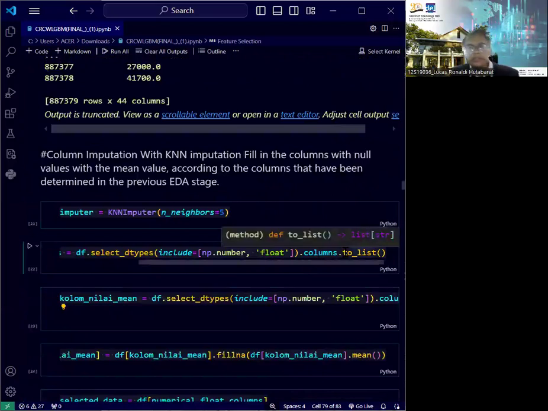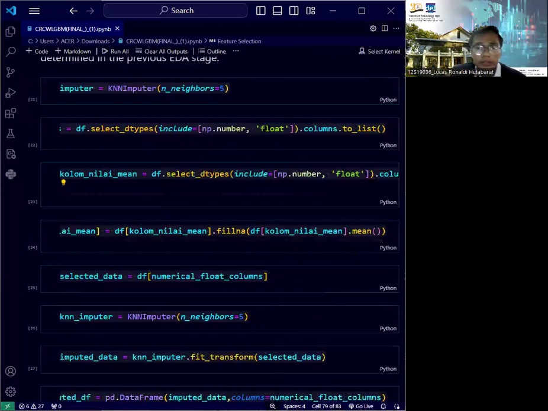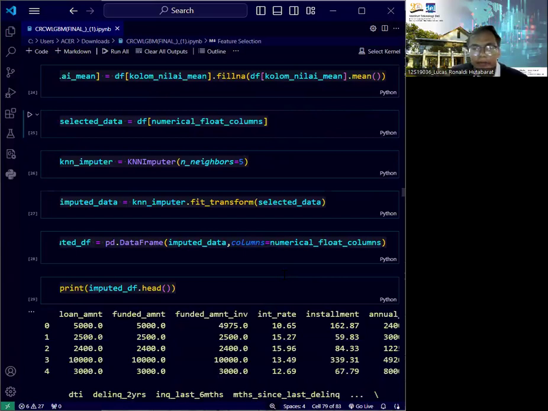Next, we impute missing values using KNN imputer. We use KNN imputer to impute missing values in numerical columns. First, we fill values with column means and then apply KNN imputation for a more refined approach.